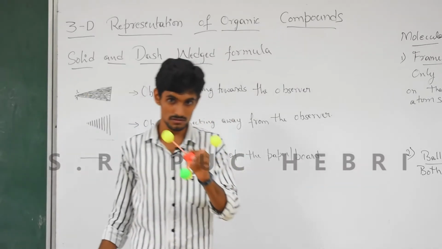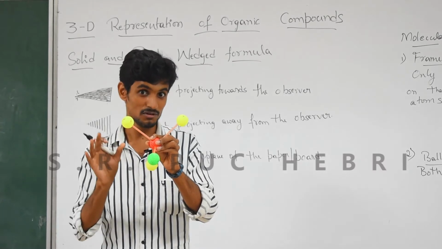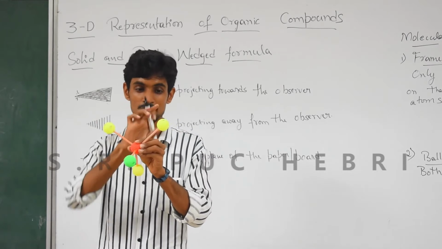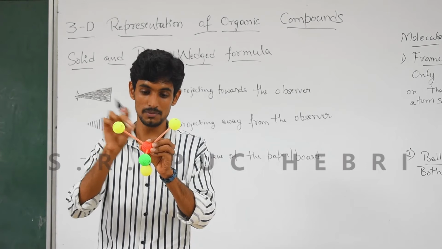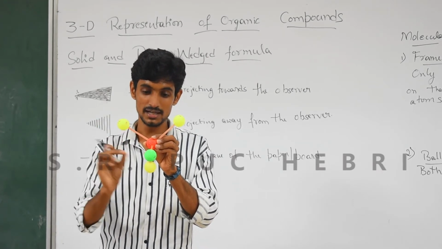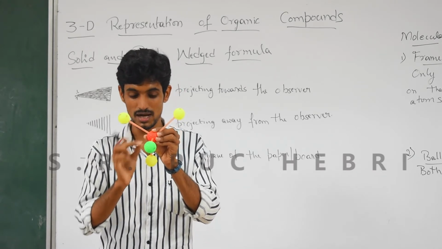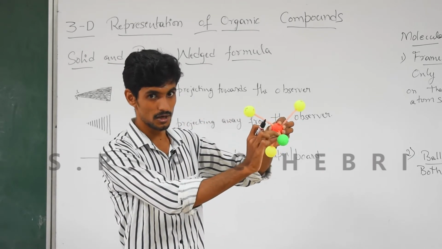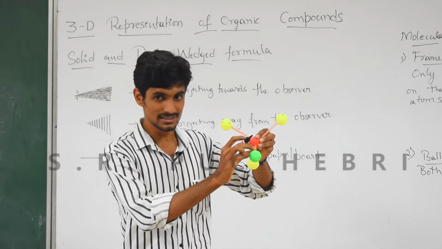Now you can see, here is one model. This is called the ball and stick model. That I will discuss later, but for your understanding, just consider these two hydrogens, they are in one plane, and this is the carbon atom. These two are hydrogen atoms, and this hydrogen is projecting towards you, and this is away from you. So this is how the structure of methane looks, and you cannot write like this on paper.